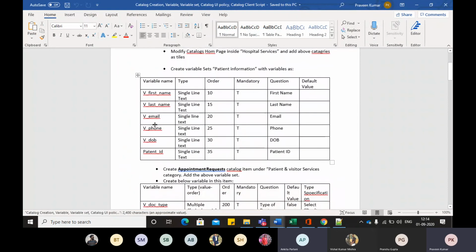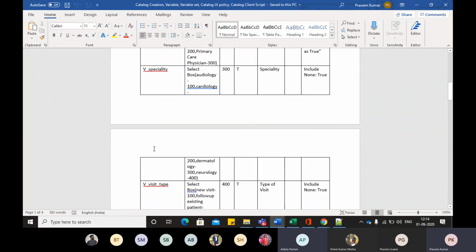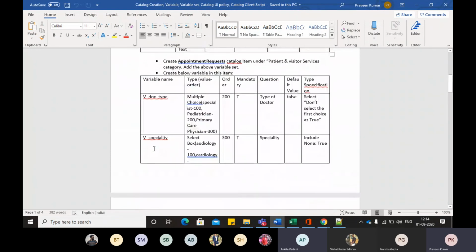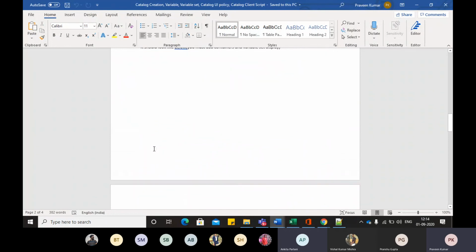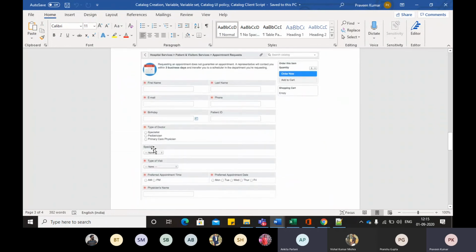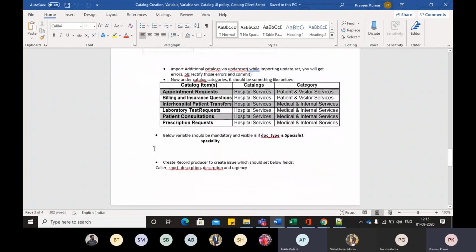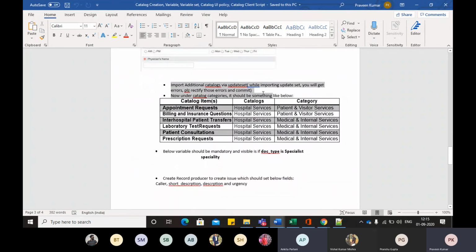Scroll down. More. Yes, here. The doc type is a specialist. Below variable should be mandatory and visible if doc type is specialist and specialty.